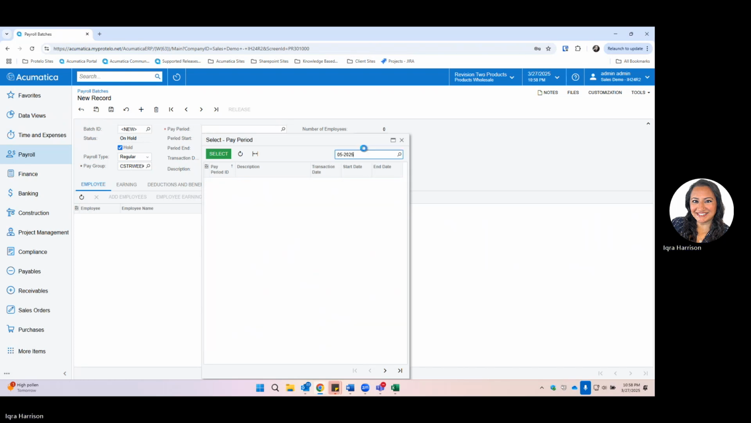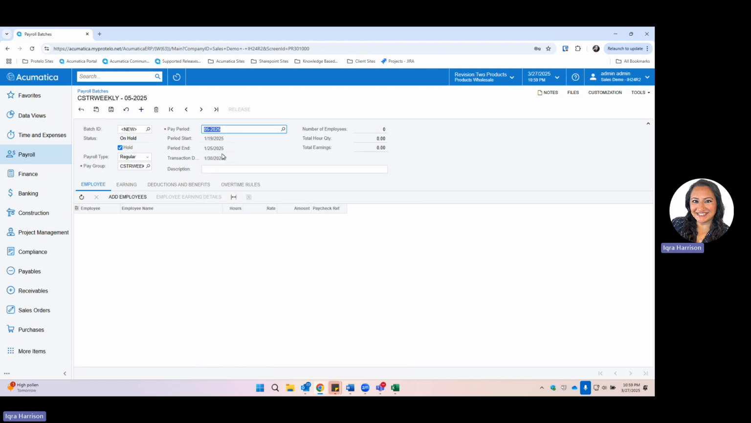5/2025. And so that's the transaction date right here of 1/30, and then this is the week period, the start and the end date. So once I select that, it actually gets defined here. The description is optional, but you can fill it in if needed. And then essentially we're going to go down here to this employee tab, and we're going to go ahead and